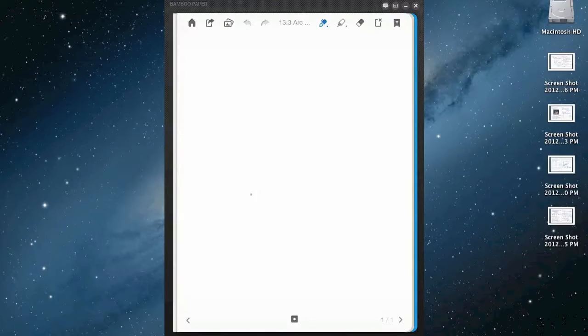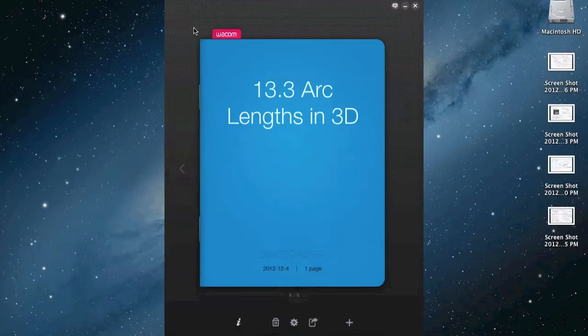Okay, here we are at the next section, 13.3, and the topic of the day is supposed to be arc lengths in space, but I can't fit arc lengths in space in the amount of text I have allowed here, so arc length in 3D is what it is. All right,